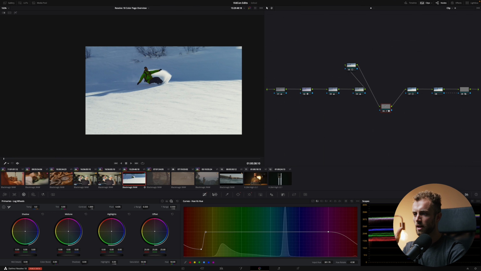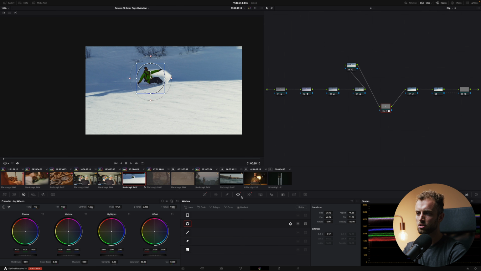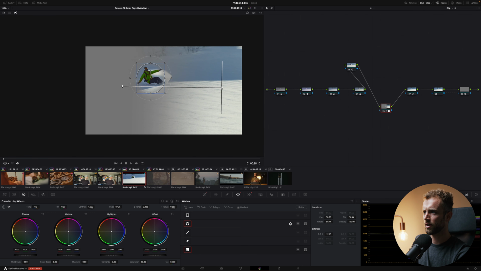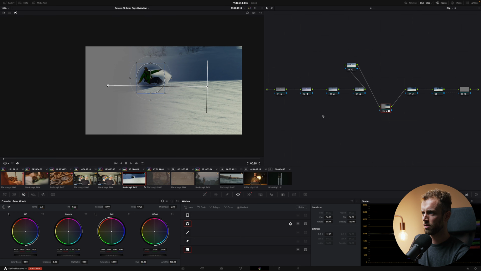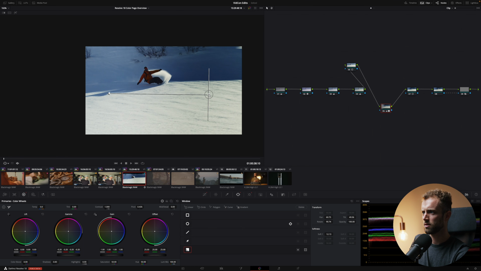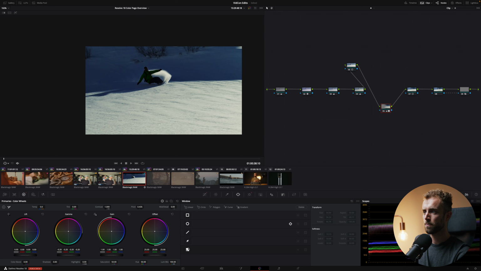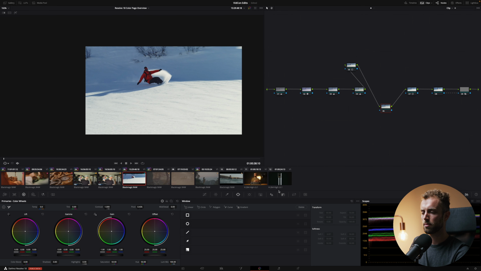Wow. So that's that. All right, so that is the curves, that is the tracker, and that is the power window. You can do a lot more in the power window, like gradient grade. So for example, you want this to be brighter, this to be darker. You can do that here. Oh, not in the log wheels though. All right, so that's that. If we deselect it, you can see that now this part is dark, and this is light. All right, so that's one way to play around with it, but just try and check it and see what's up. And that's that. So that is the window and the tracker.